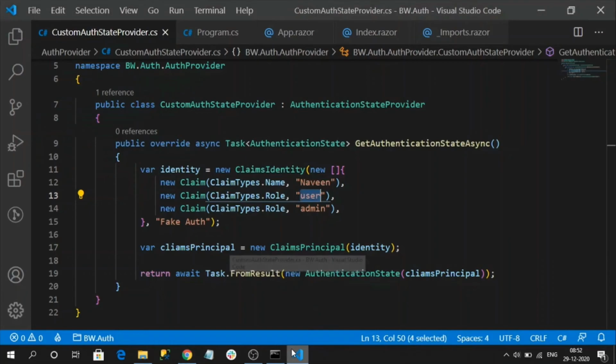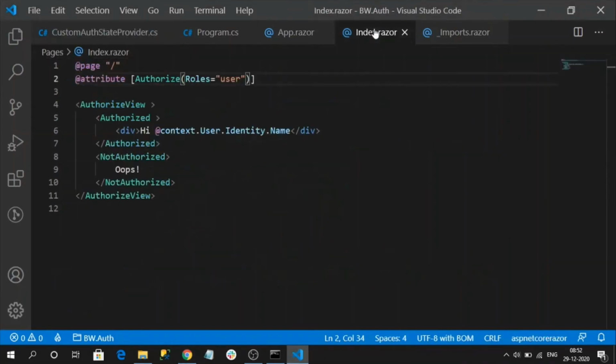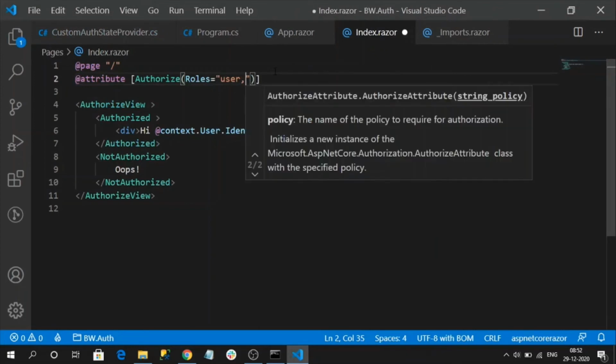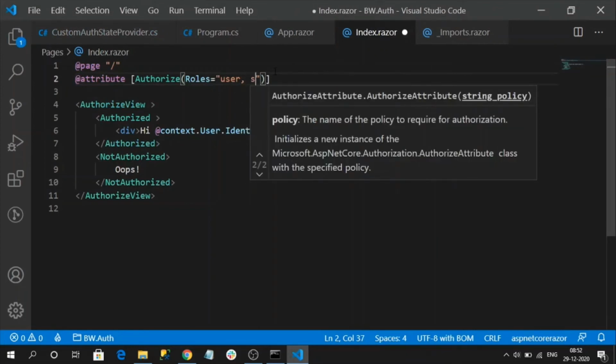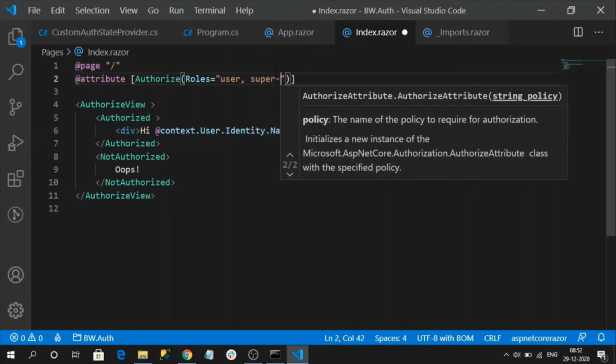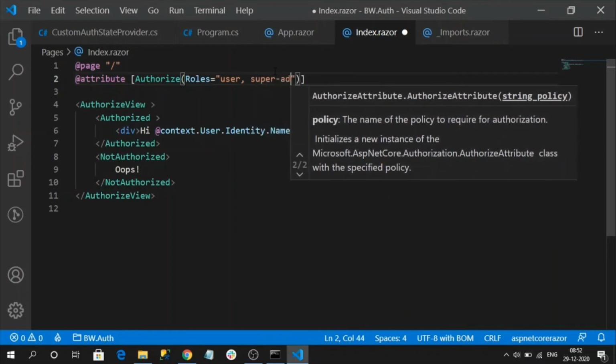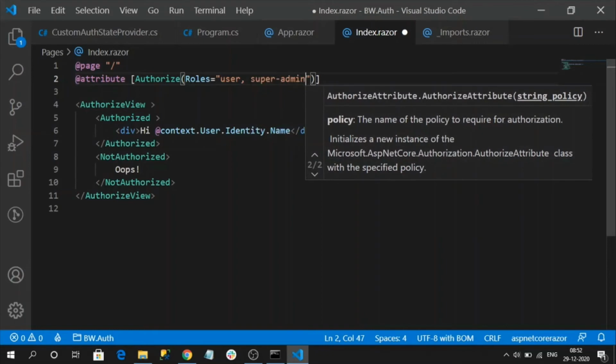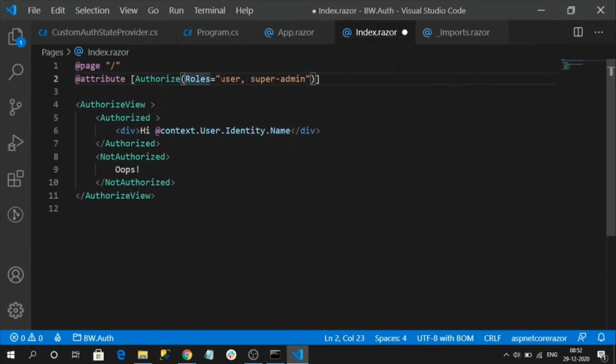And similar to the authorized view, in the authorized attribute also we can separate roles using a comma. In this scenario, if you recall what I said, at least one role should be matched with the user's authentication roles.